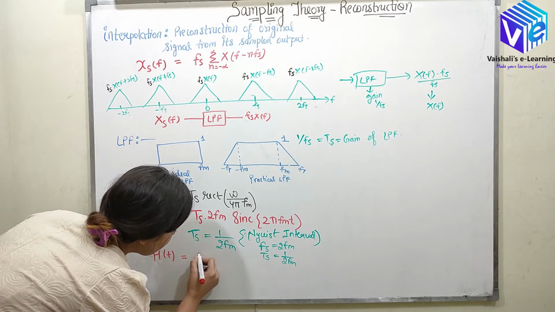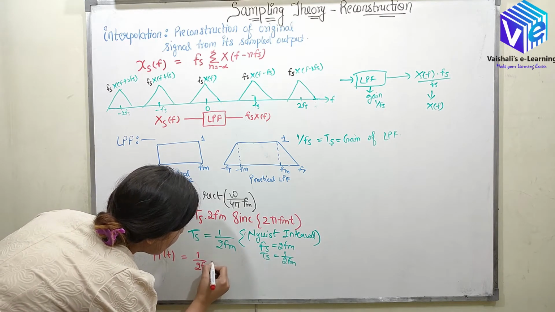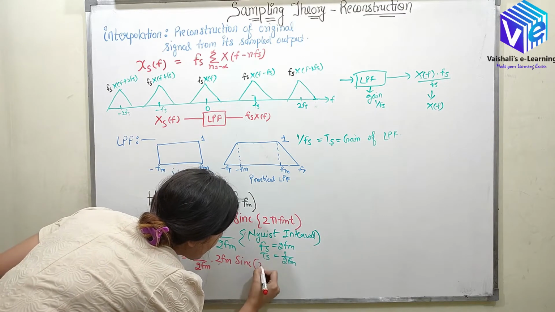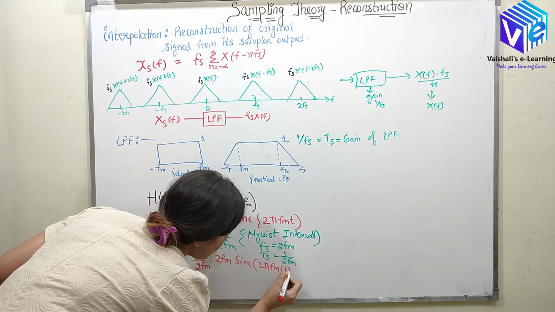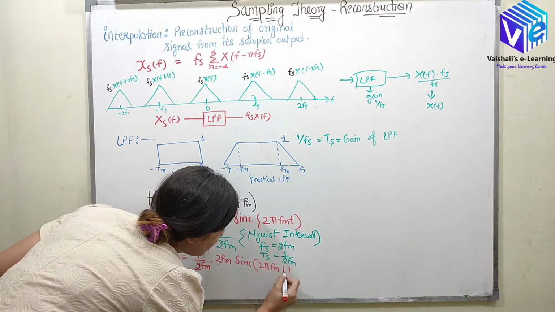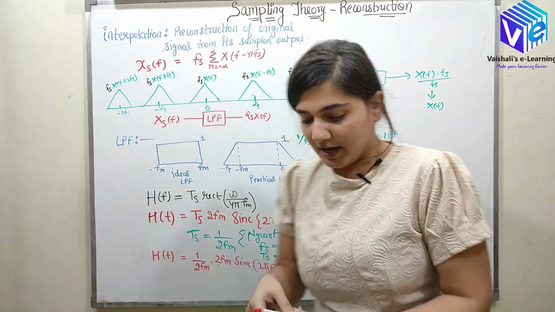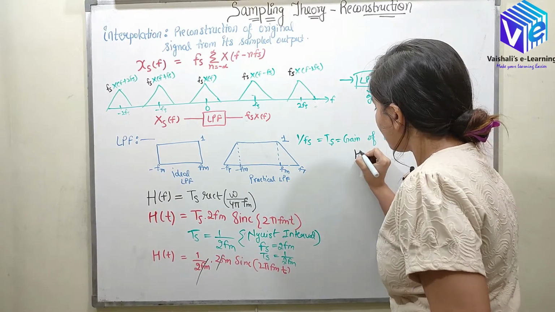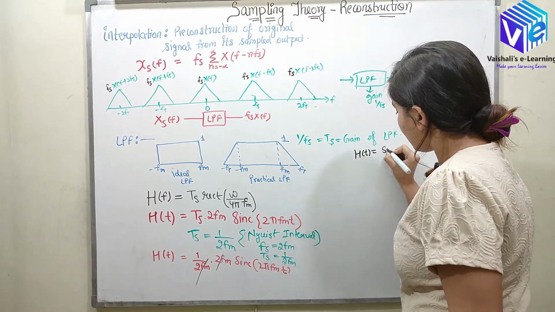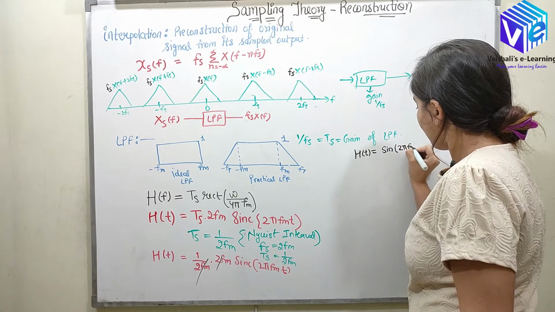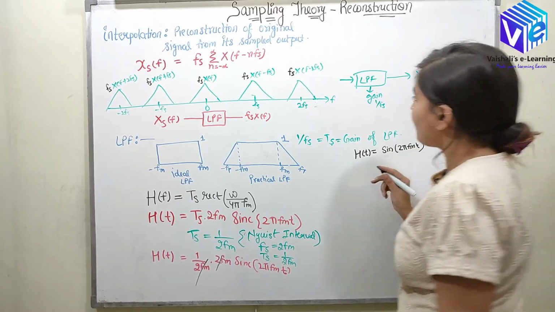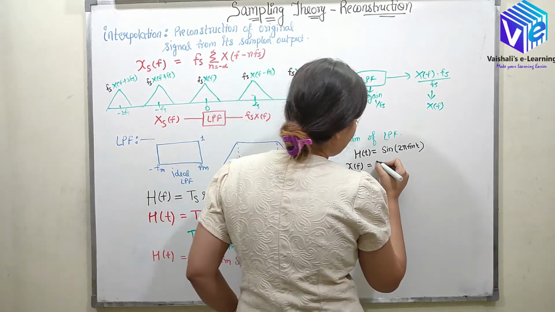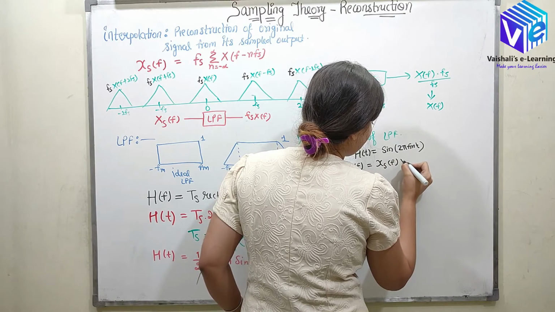So h(t) would be 1 upon 2 fm into 2 fm into sinc 2 pi fm t. So now this is the impulse response. Here I can cancel out this 2 fm, so now h(t) is sinc 2 pi fm t. Now if I need to find out X(f), it can be found out using X_s(f) multiplied